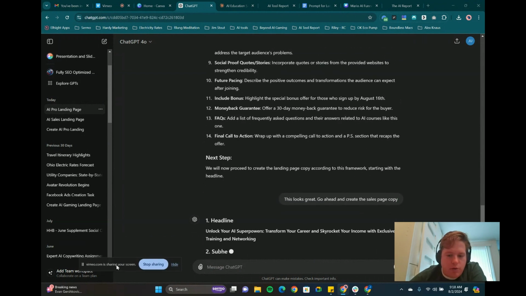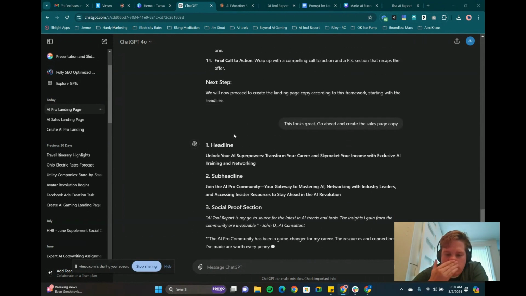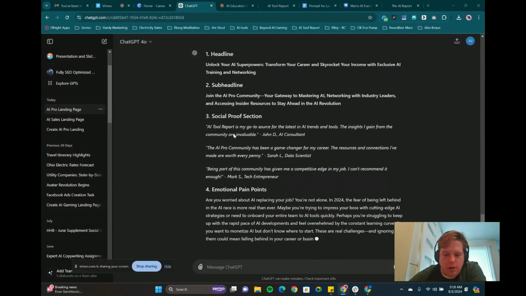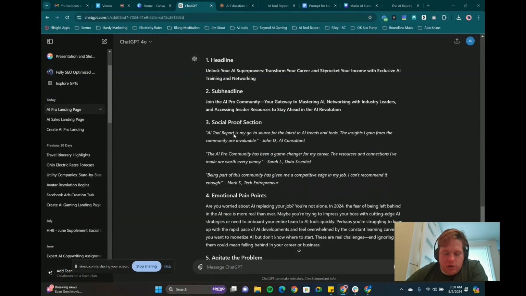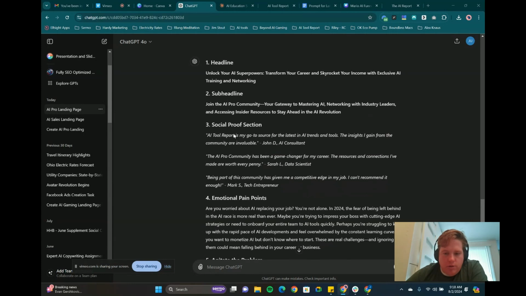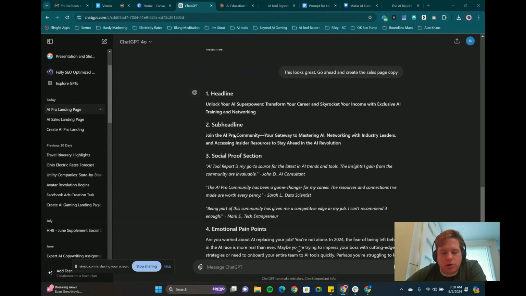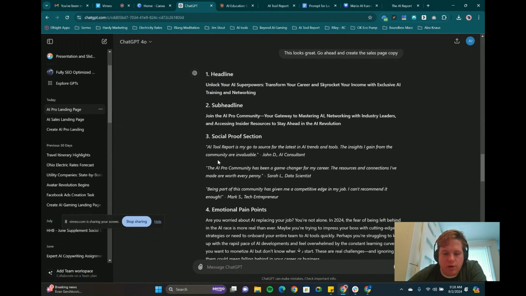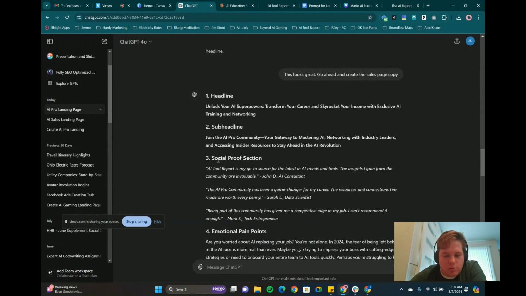So, like I just said, at the time you could go section by section and it'll be a little bit more dialed in to exactly what you want, but I really like using this to just get a really good framework, and then I'll always go in and edit it. I never recommend just copy and pasting this. I would never do that for any client. And you'll notice it starts using some cliche things like unlock, of course, but it's going to give you a really good starting point, really fill out the whole outline, then you can go in section by section and edit.